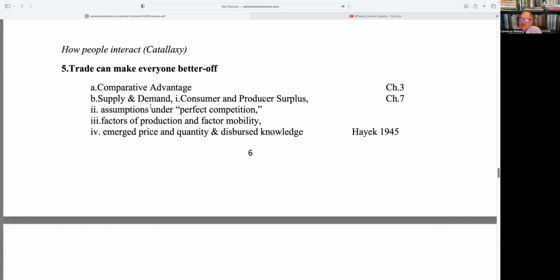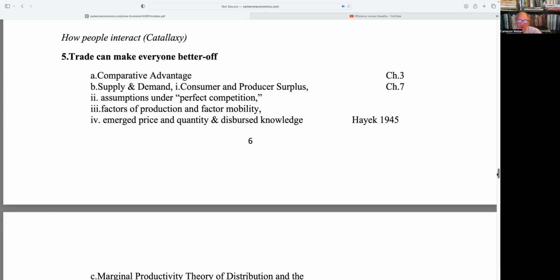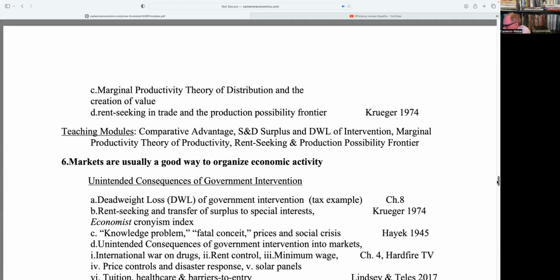And then these results make certain assumptions. The main assumption under trade can make everyone better off is that you have factor mobility, that the factors of production can seek their highest returns without any intervention. So when you start having intervention is when you start having problems, and that's apparent when you look at comparative advantage, which is our first economic principle under catalaxy. The teaching modules under comparative advantage or trade can make everyone better off are these. Again, the marginal productivity theory of distribution helps explain